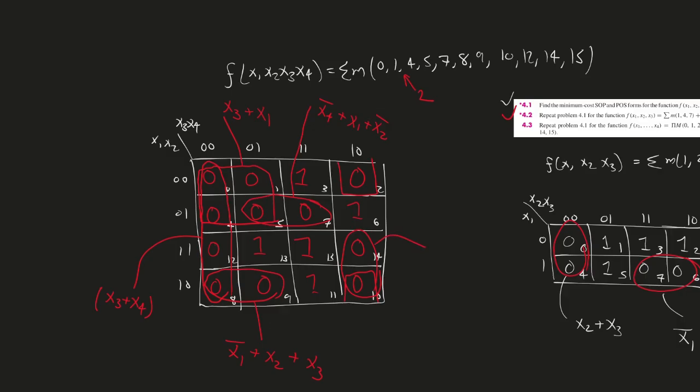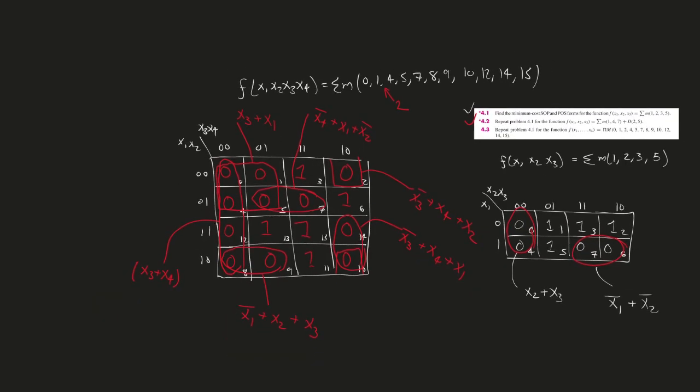For this one, x3 doesn't change, x4 doesn't change. So sorry, x3 not. It's x3 not. Then x4, and x1 doesn't change. And then the last one, the one that's broken up into two, again, x3 not plus x4, and then x2 doesn't change. Okay, and then your final answer is you just